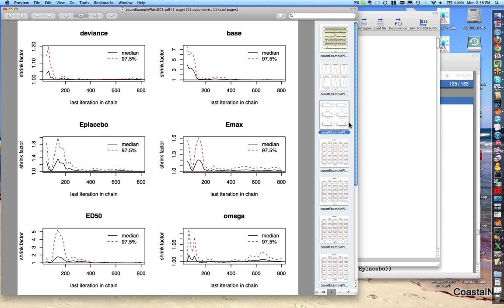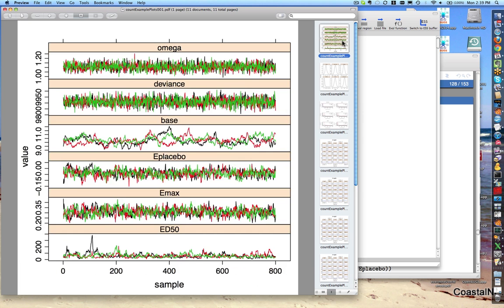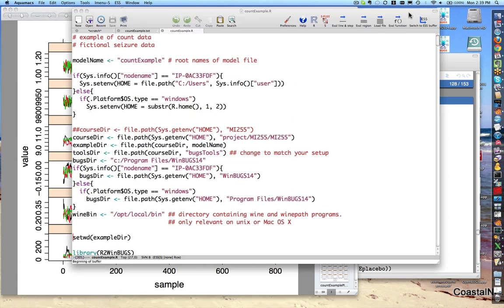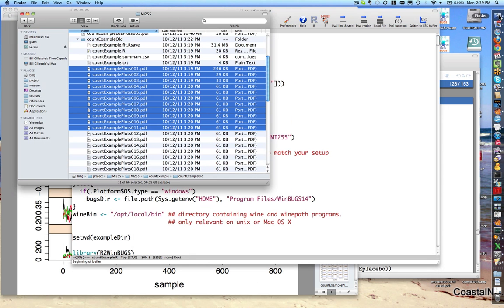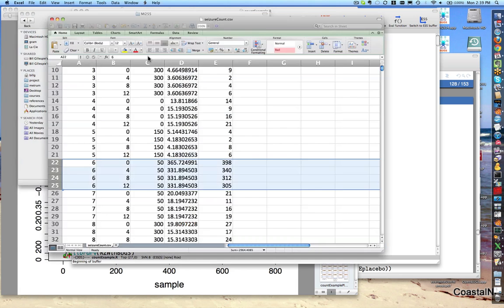I think we'll probably see, what do we got over here? Actually, surprisingly enough, the Gelman-Rubin-Brooks plot doesn't look that bad. In fact, I'm surprised it doesn't look worse, given what we see there. But I would certainly suggest more. And then if we look at the, let me go ahead and pull up